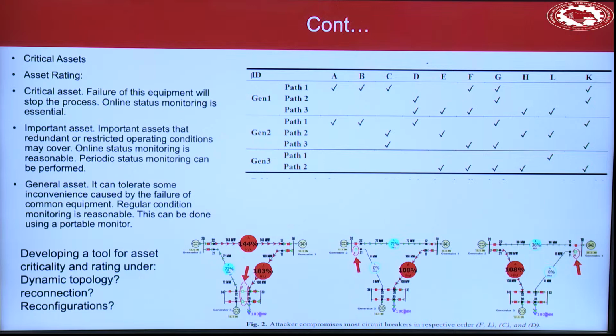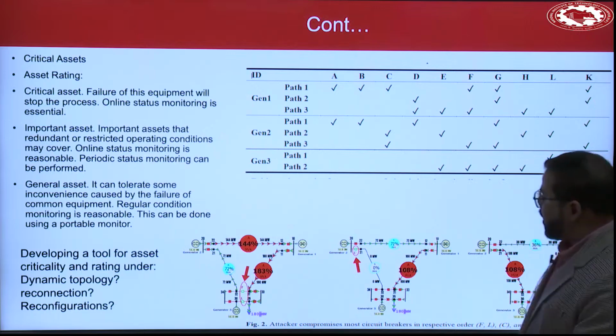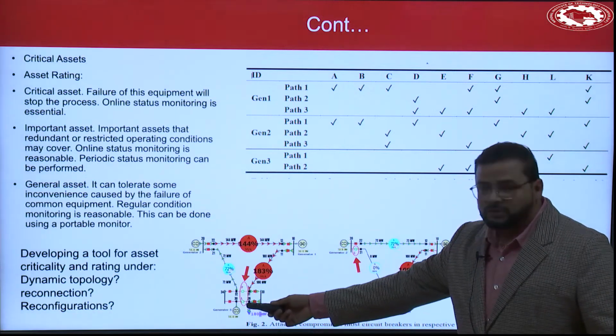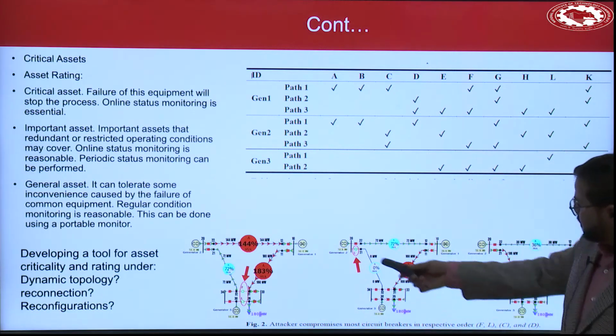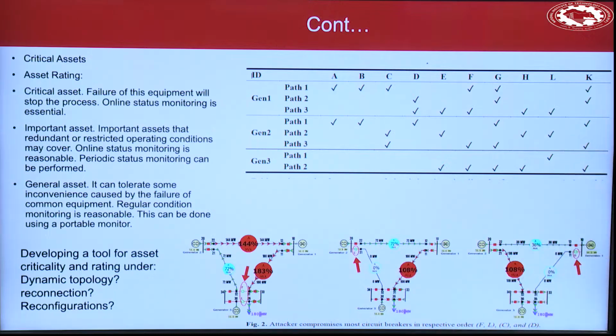So we did this test to understand what happens when an attacker targets these things, and how this will behave. We take out some circuit breakers here, in this case this one, in this case some others. So in these two cases, you see it's 108, 108. It's kind of manageable. If you take certain actions, you can make it within 100%. But what if this goes to 144, 183, with multiple lines overloaded? This could be a serious scenario where you can't really handle it, or you don't know how to handle it, right?